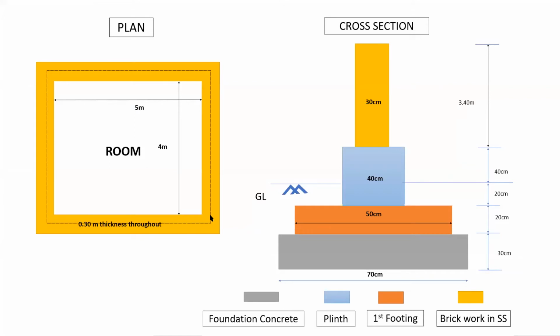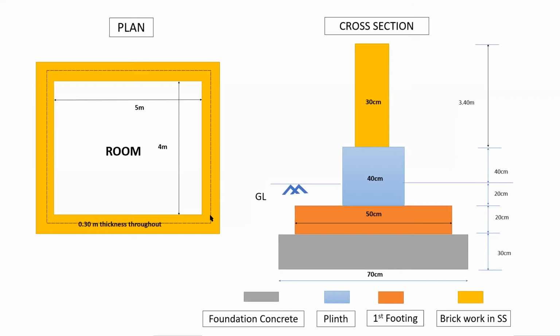Now I want, what is the out to out length of the long wall? Very good, 5.6 meters. What is the in to in length of the short wall? It is already given here. In to in length is not 4.6. In to in length of the short wall is 4 meters.